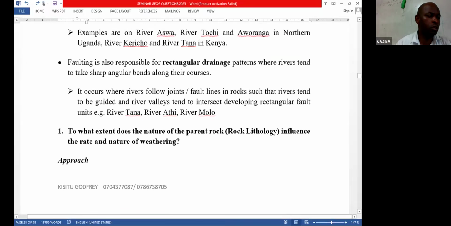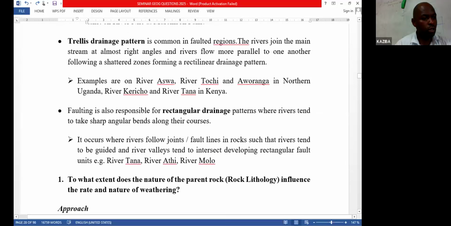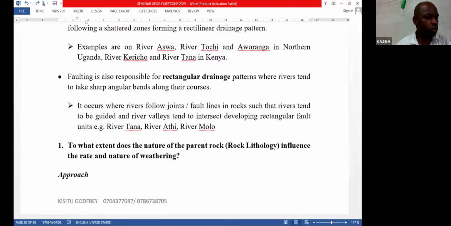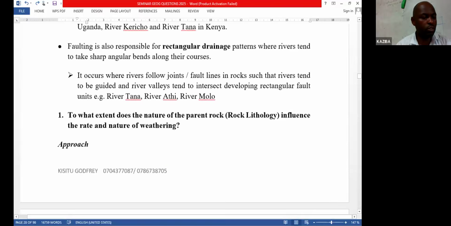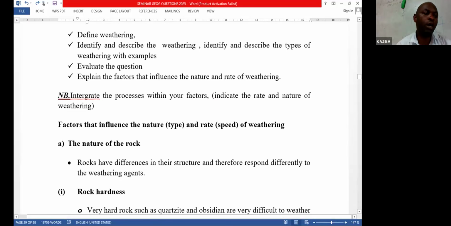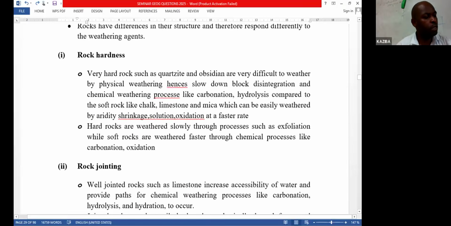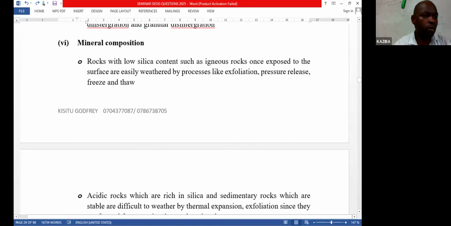So don't move away. We're going to do some questions on soil, which are very easy to do. Some people are sending messages. They are hungry, but I don't know what you're going to do. I'm going to do some questions which are very easy in section C. In fact, now let me leave section B. I'll talk about weathering by Sims. So let's go to section C. The good thing you see